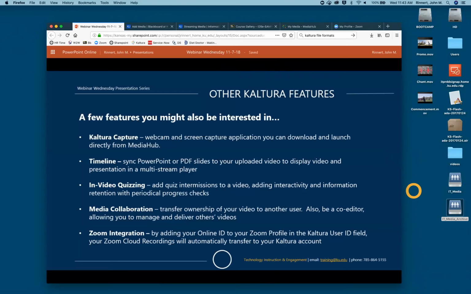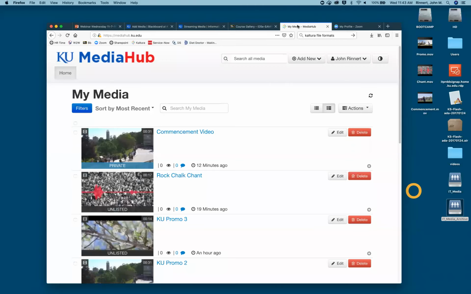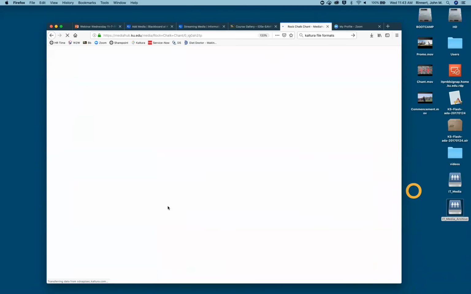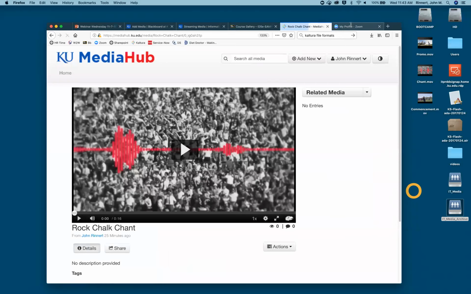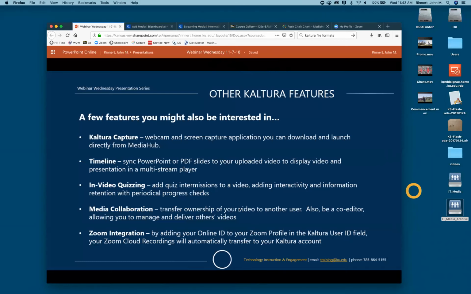That's important. We went ahead and used that integration because if you are one of those users using cloud recordings, there's a 120-day limit to how long we're keeping those on the Zoom. We have a limit of space on that, and so after 120 days, all cloud Zoom recordings get deleted. So you either have to download it and keep it on your computer, or in this case, it'll transfer right over to your Kaltura space, and then it's very usable. You go into MediaHub, click on the recording, and I can share it out to people without many steps involved by you.